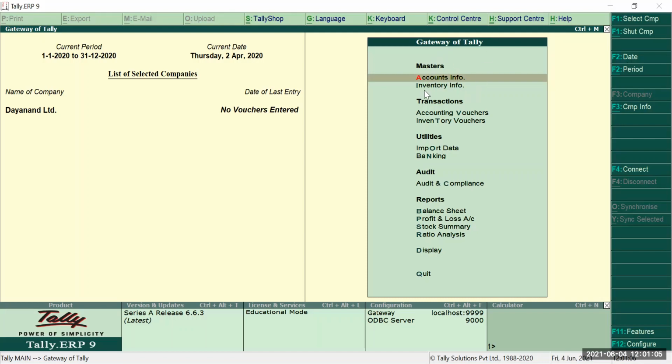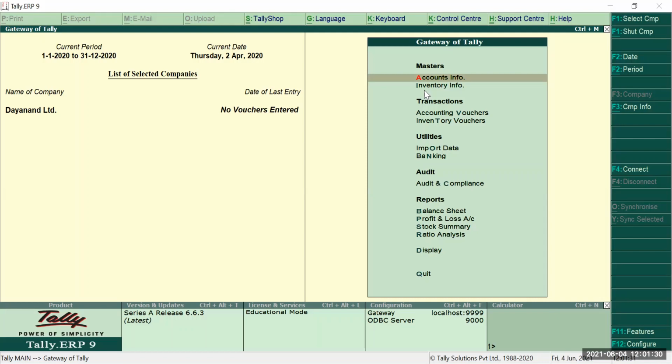There are many masters. There are ledgers, groups, cost centers, budgets, currencies, stock items, stock groups, stock categories, godowns, employees, and employee heads. So there are many masters.